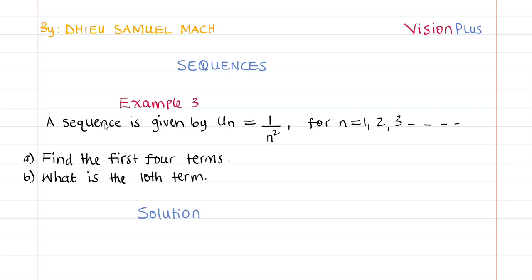Example 3, under sequences. A sequence is given by un equals 1 out of n squared, for n equals 1, 2, 3, and it continues. Part A says, find the first 4 terms. The first 4 terms. So the solution